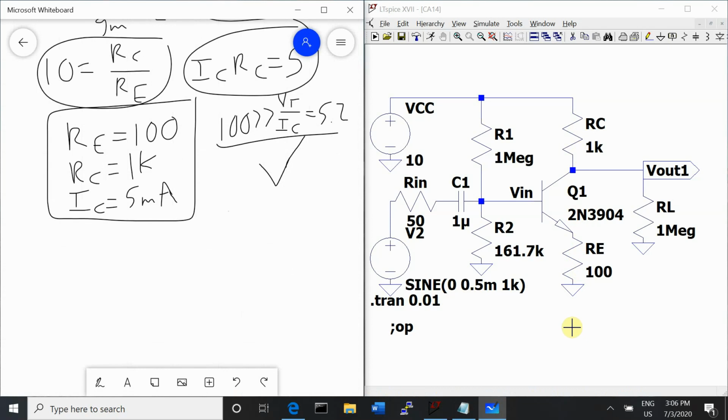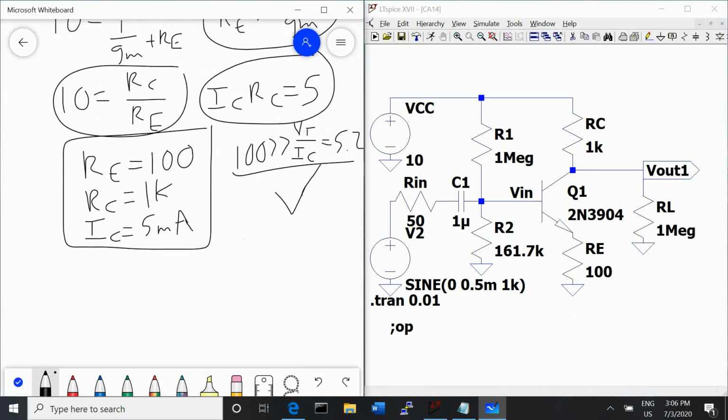So we do 5 milliamps times 100, and that gives us a voltage drop of 0.5 volts, and then